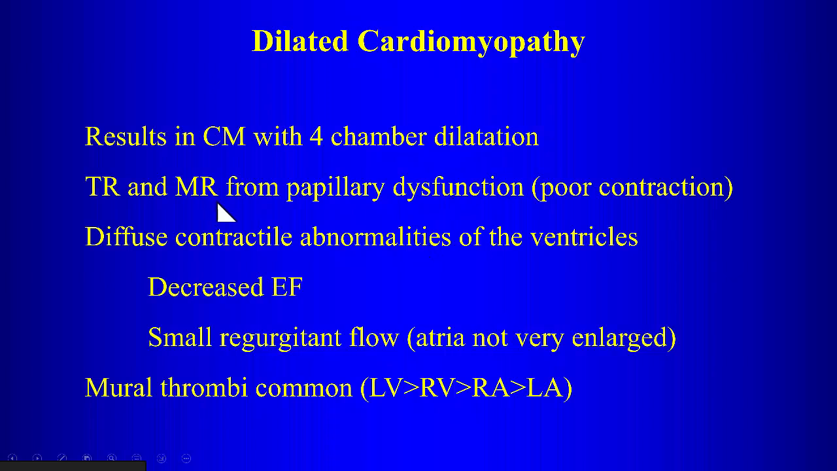Four-chamber dilatation. As ventricles dilate, you can develop regurgitation of the tricuspid and the mitral valve, especially from papillary dysfunction, also from dilatation of the annulus for these valves, and diffuse contractile abnormalities. The regurgitant fraction, because of the poor ejection fraction, is not a great deal, so the atria don't enlarge really that much. Another problem, because of the stasis of blood flow, is mural thrombi. So mural thrombi can also be a complication of